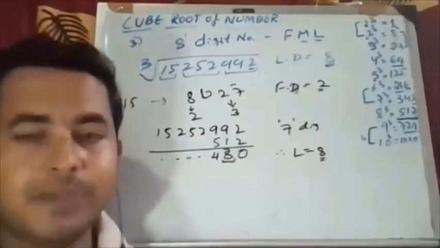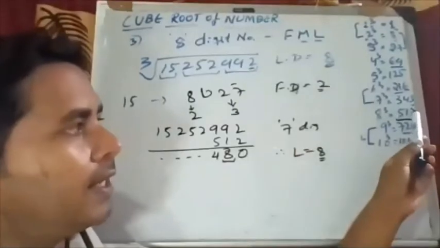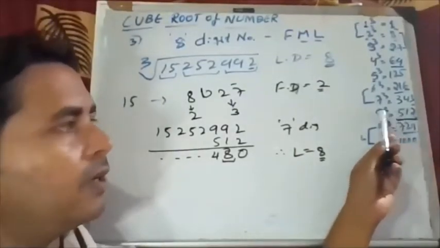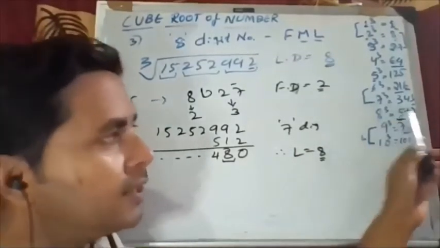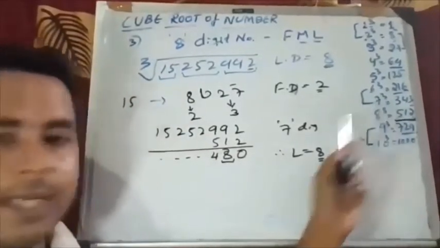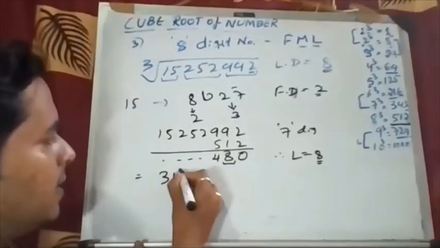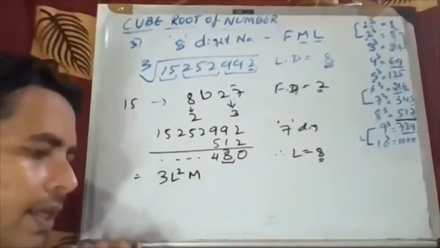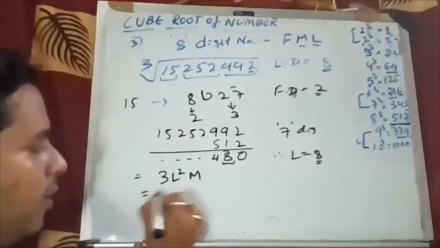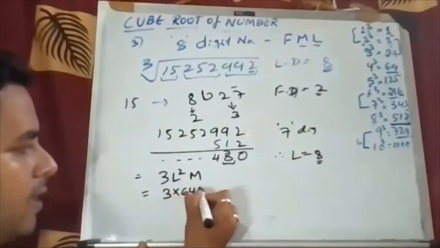क्यों 8 क्यूब को हम सेलेक्ट किए, because last digit number lies in the 2, so that corresponding value is 8 cube. So consider that 8 cube, subtract here, so consider that L as 8. Then use a formula now, 3L square m. And if I use here 3L square m, that is 3 into 64.